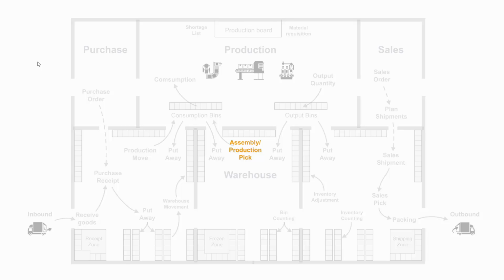in the production environment. So a pick activity is an activity where we take specific items, make a movement, and allocate those items to a specific production order or assembly order. From a production order or assembly order, you could also create movement activity. This is not a pick, this is just a moving document, which makes it possible to take the item and move it into the consumption bin.